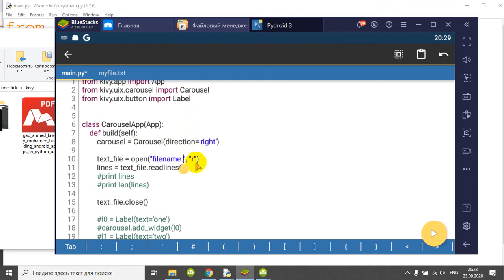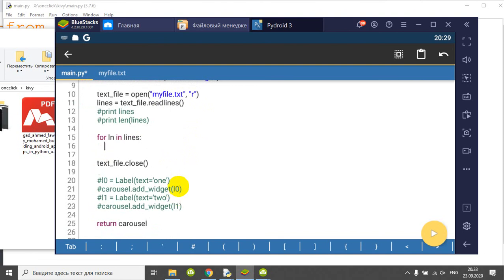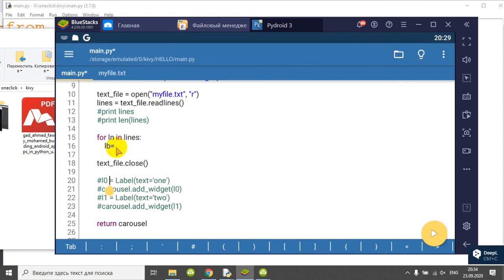My file .txt, and let's organize a loop for ln in lines, and let's create new labels. lb is label, text will be ln, the line,